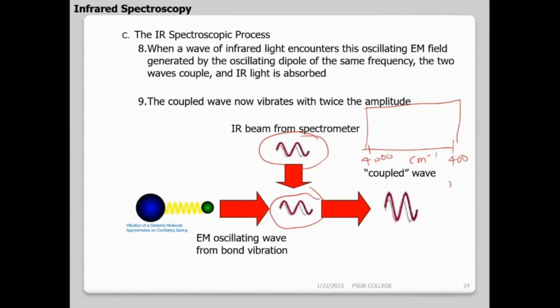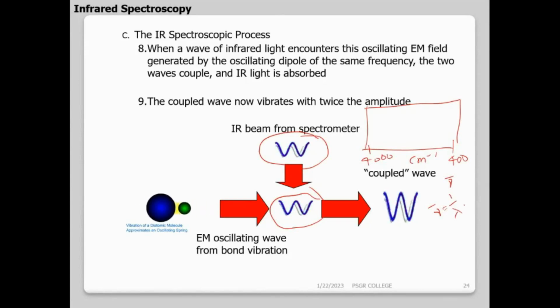Centimeter inverse means wave number, and what is wave number equal to? What is wave number equal to? 1 by wavelength, 1 by lambda. Lambda is given in nanometers or centimeters, whatever. So the reciprocal of that will be centimeter inverse. Okay, so I'm going to mention centimeter inverse. The only reason I take it is that the values are simple and easy to remember. That's all, there's no other agenda.